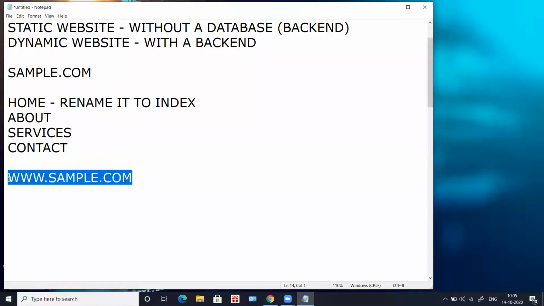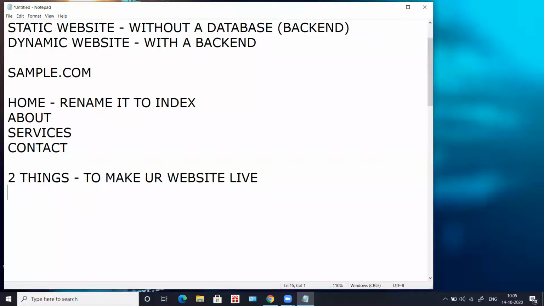To make your website live, you need two things. First one is the domain name, and second one is the web server space.